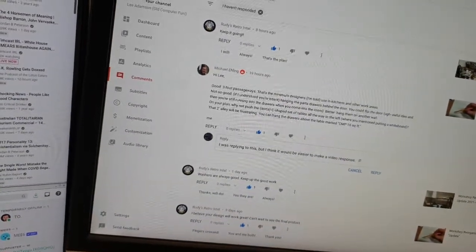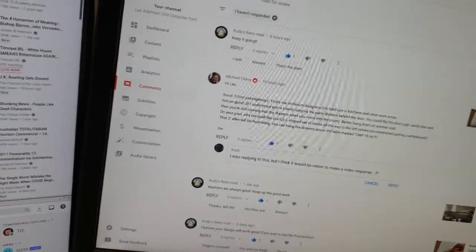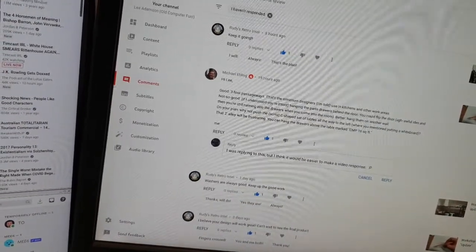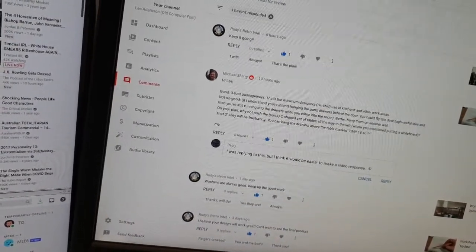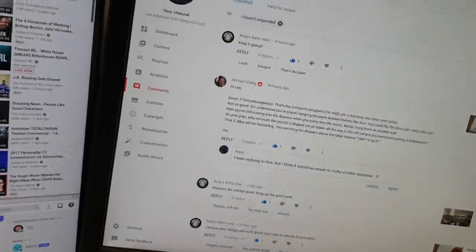He says, "Good. 3-foot passageways. That's minimum designers, I'm told, use in kitchens and other work areas. Not so good, if I understand your intent. Hang the parts drawers behind the door. You could flip the door." Okay, so